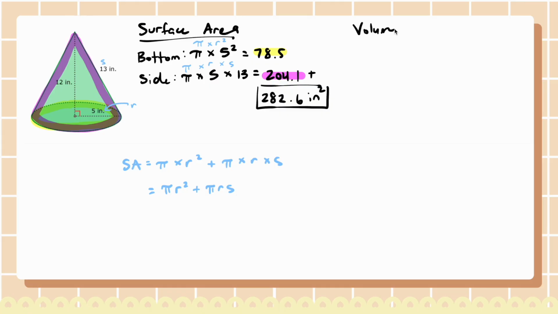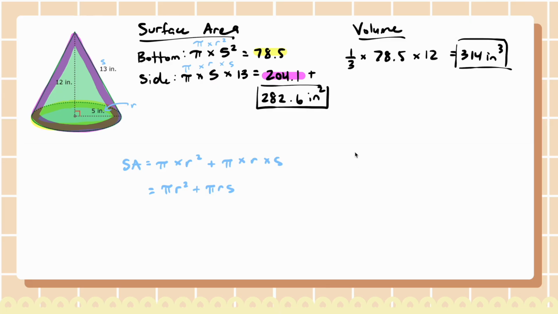Now let's move on to the volume. So for the volume, just like for our cylinder, we're going to take the area of the base, which in this case is 78.5, and we're going to multiply it by the height, or however many layers there are. In this case, it's going to be 12. But remember in the video that we watched, we also want to multiply this by 1/3 or divide all of this by 3 to get the volume of the cone. If I multiply all of this together, that's going to get me 314, and our units are inches cubed, and